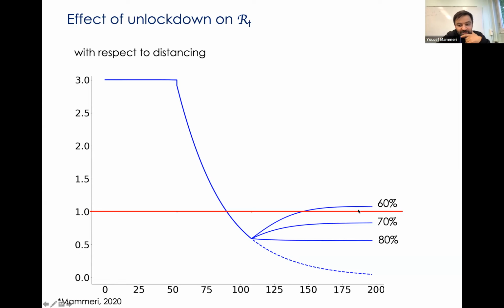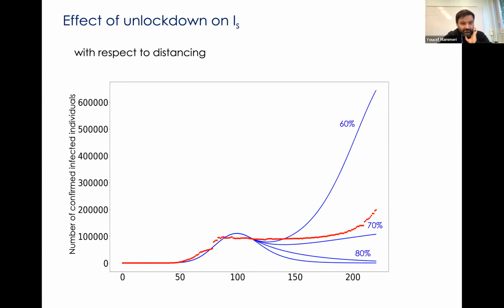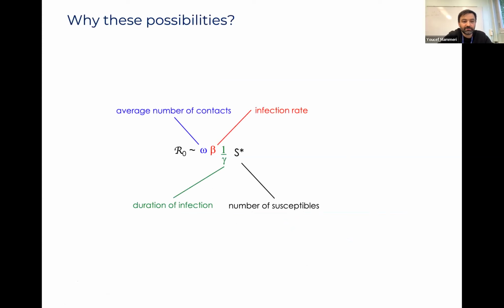So what does it mean? In France, you need more than 63% of the population to respect the distancing rule, which is not the case. So I will not go further. Why, then,